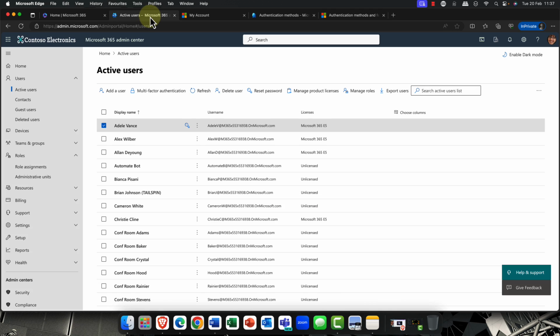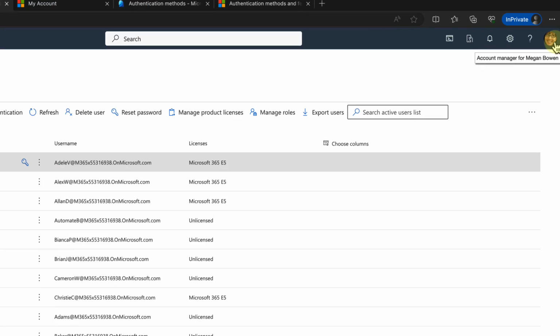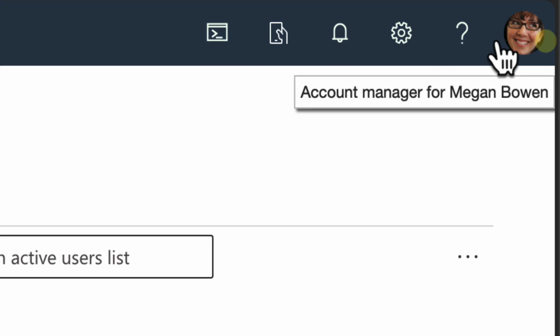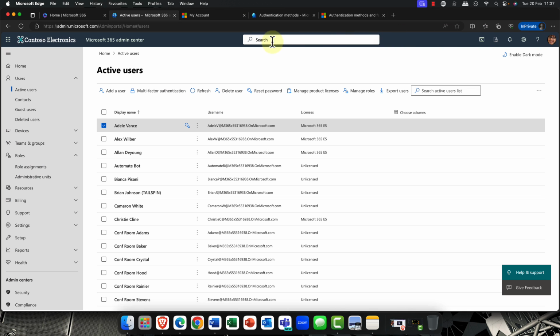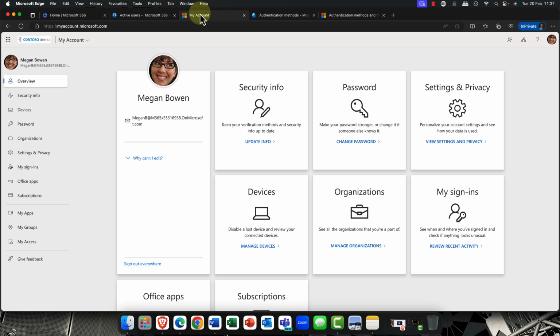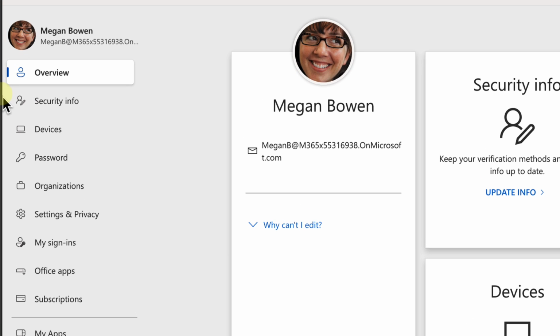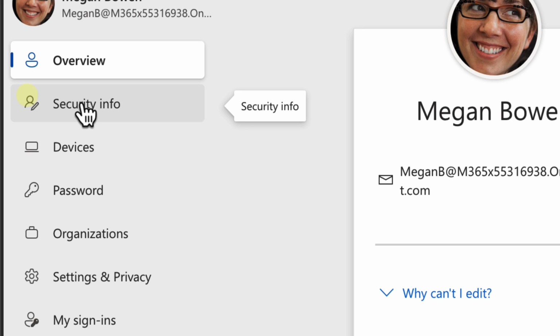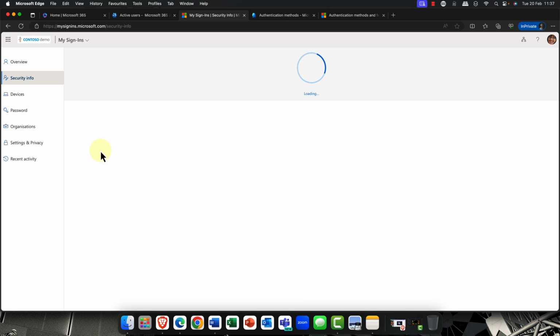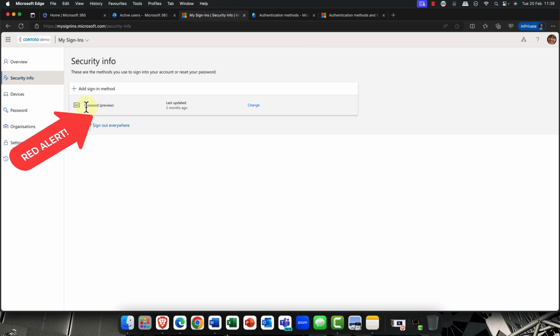And then, of course, from the user perspective, the user can simply go up here, up to their profile here. I'm currently logged on as Megan, of course, and I can go into her account. And in here, you've got this tab here that says security information. So in the account here, you can see that at the moment, I'm just using something that you should never use, which is just a password. So this is a kind of a serious security flaw.